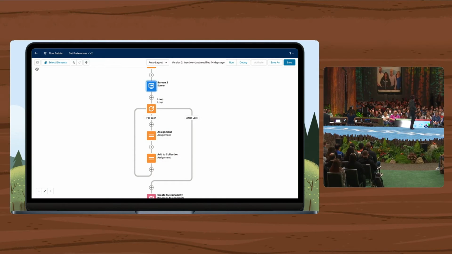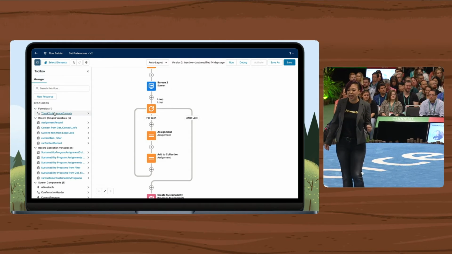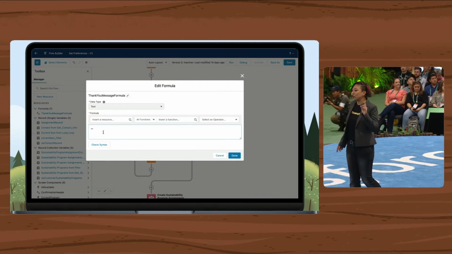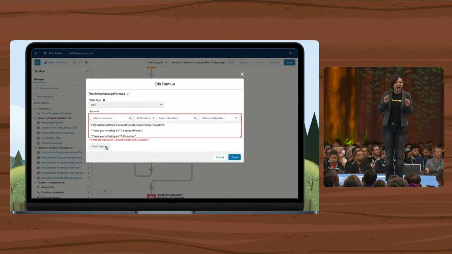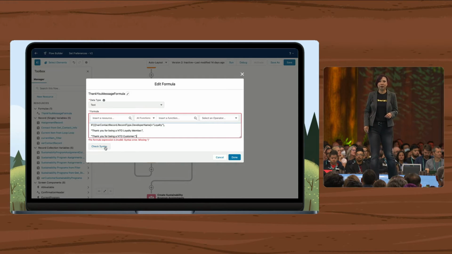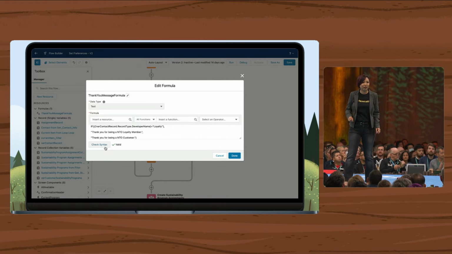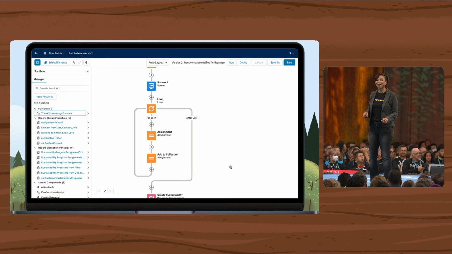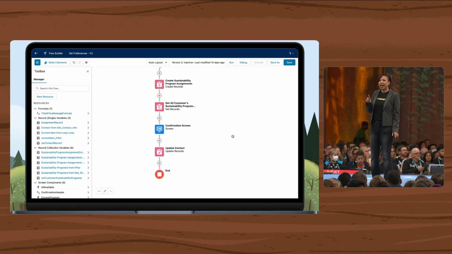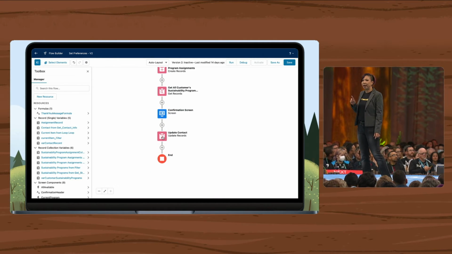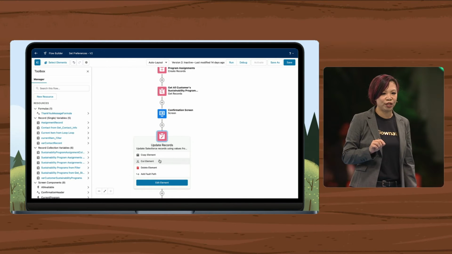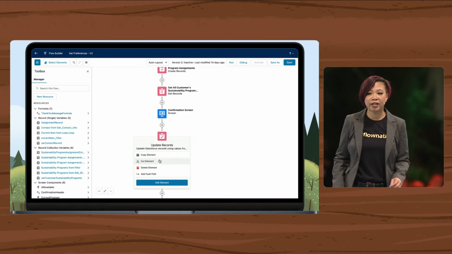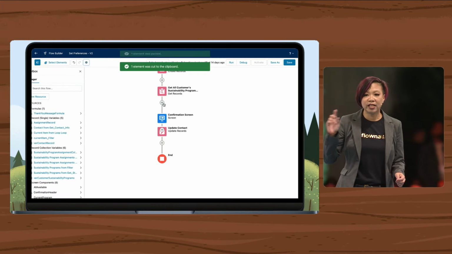All right, so Maria's done with her screen, and she needs to edit a formula that she's been working on. So she edits it to add conditional text. She gets instant feedback as she's building the formula using the new Formula Builder feature in Flow. No more needing to wait until you save the flow to figure out if it works or not. Pretty cool. Maria notices that her element is out of order. The update contact element should appear before the confirmation page. So using the new cut and paste feature in auto layout, she easily moves the changes.